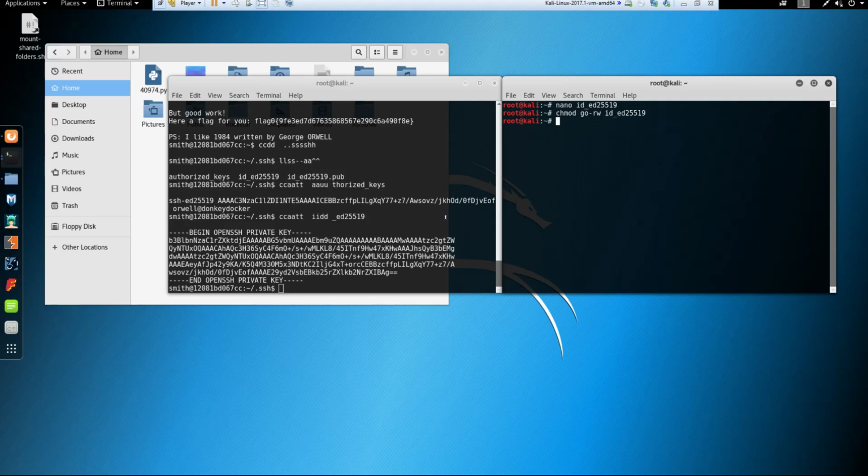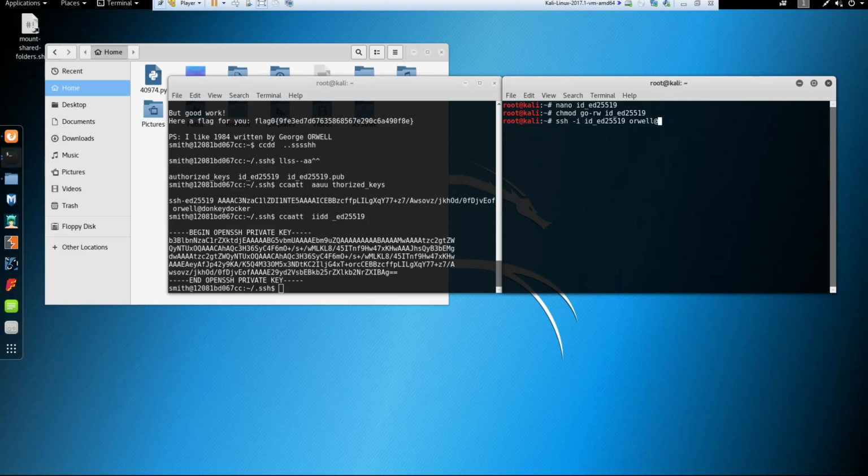So we've found out that there's a user, George Orwell, or Orwell at docudocker.com. So we know that works, and we know SSH is running. So let's try a quick SSH command. So we'll do an SSH -i for the ID. We're going to use the ID that we found from the box. We're going to do Orwell at